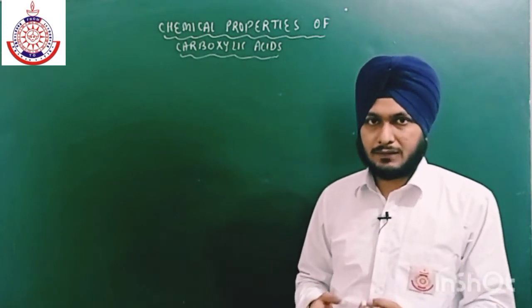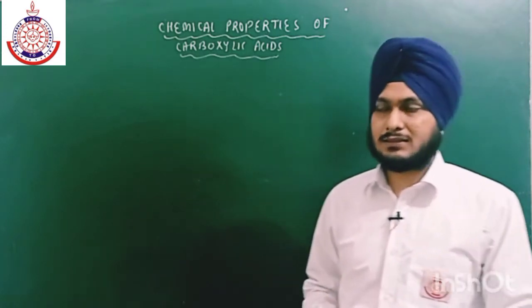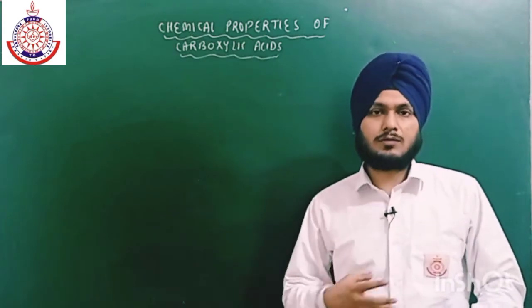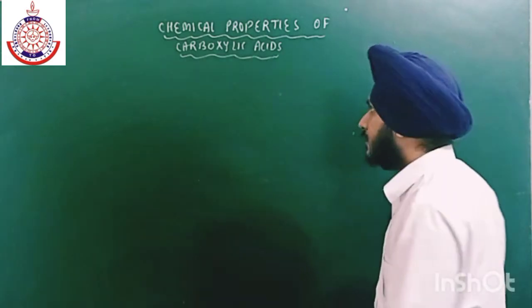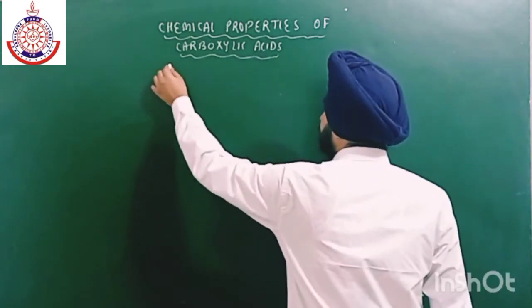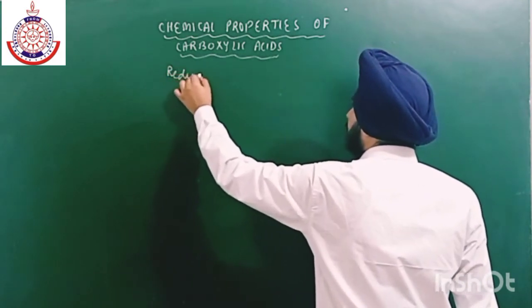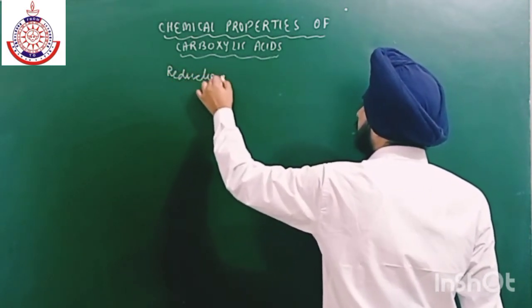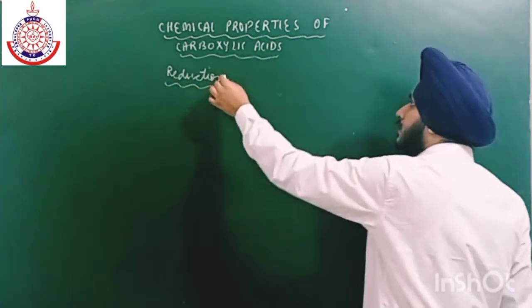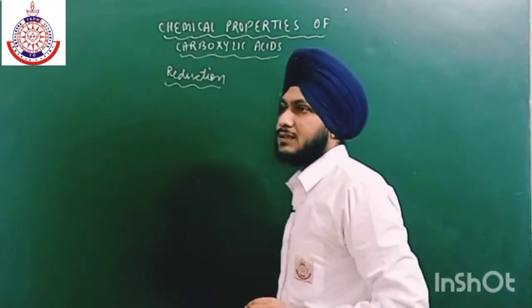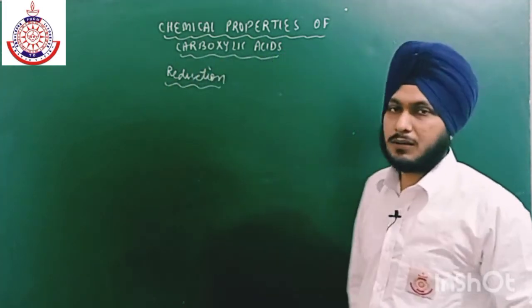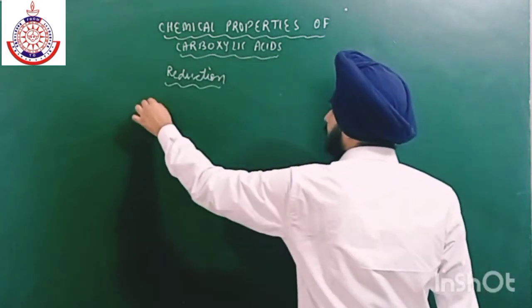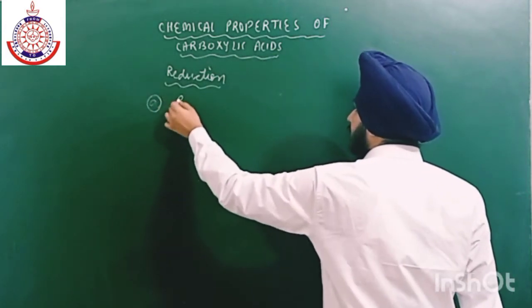It will not take part, but now we will discuss those reactions in which the carbonyl group can also take part. So the first reaction is the reduction reaction. This carboxylic acid can be easily reduced to hydrocarbons. So the first reaction is the reaction of